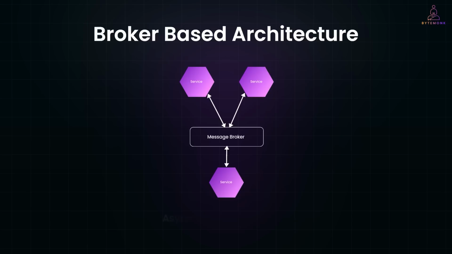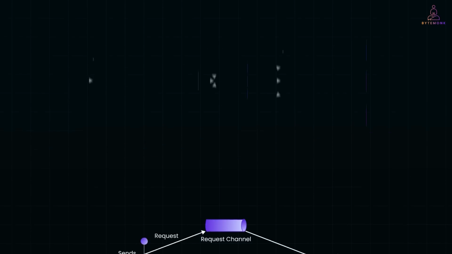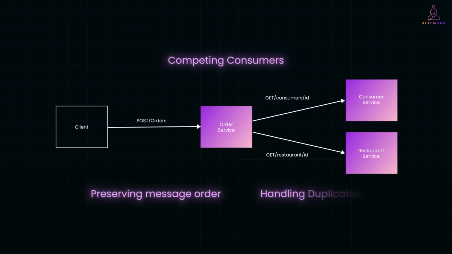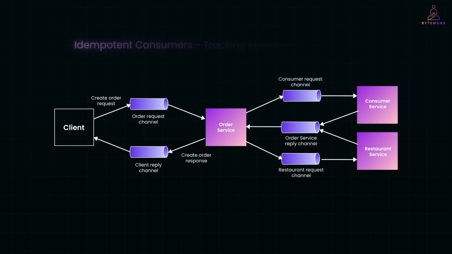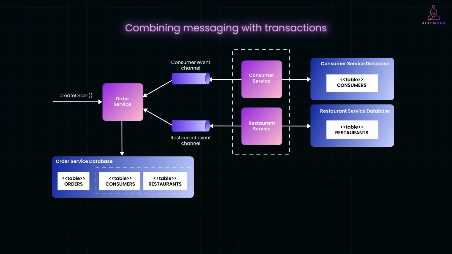So far, we have explored asynchronous messaging in microservices, how it works under the hood, the role of message brokers, and why broker-based architectures are often the better choice for building scalable, resilient systems. We also looked at messaging patterns, message channels, and how different brokers implement point-to-point and pub-sub communication. But this is just the beginning. In the next videos, we'll dive into the real-world design challenges you'll face when building message-driven systems, like competing consumers, preserving message order, handling duplicates, writing idempotent consumers, tracking messages across services, and even combining messaging with transactions to boost